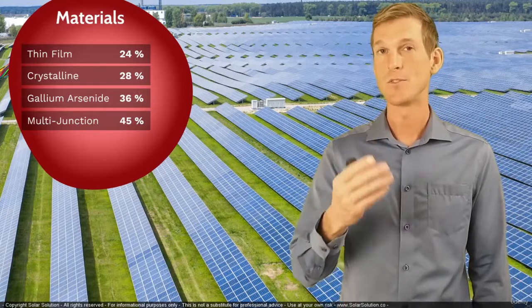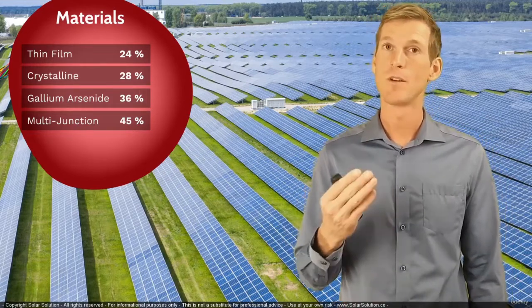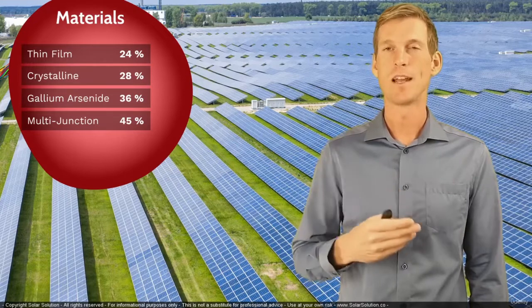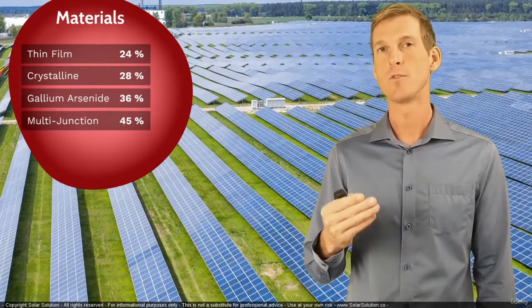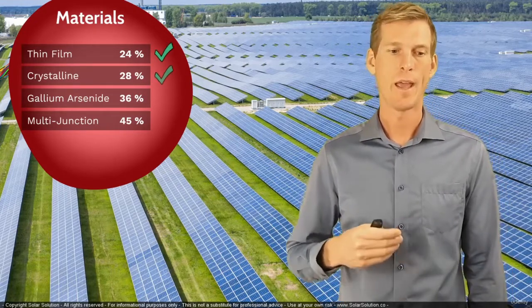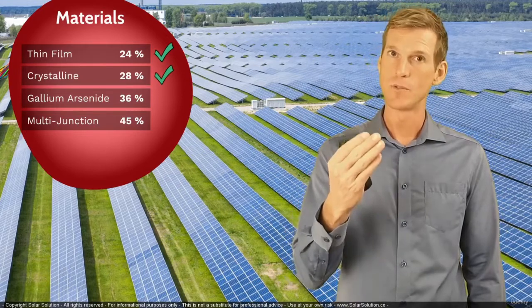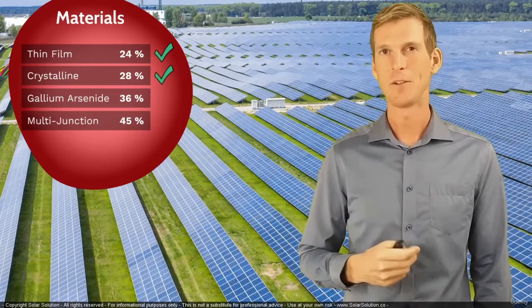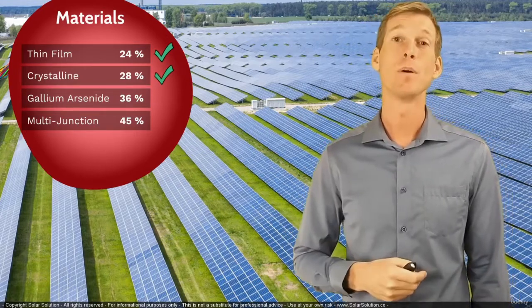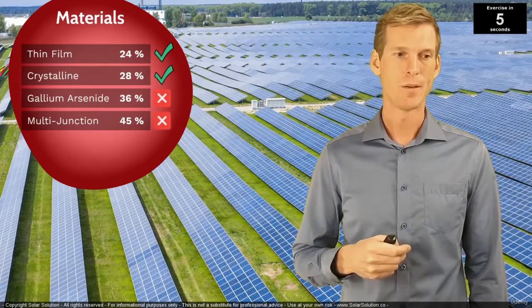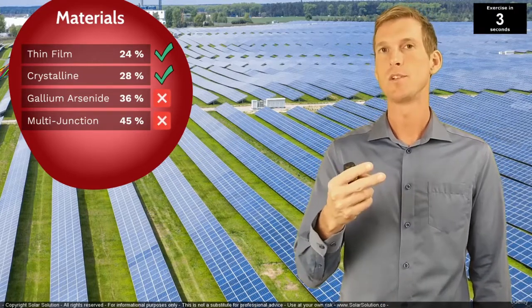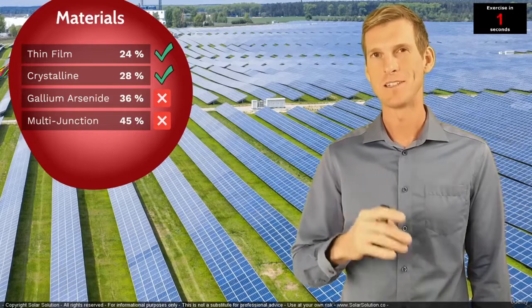Now, I thought it was just interesting for you to know which kinds of materials are out there in the market, but it is most likely that you will go for either the thin film or the crystalline materials. And based on the assumption that you are grid-tied stationary, I think you will go for either the mono or the polycrystalline materials. So the second two, I just want to mention them, but it's very, very unlikely that you'll ever go for them.